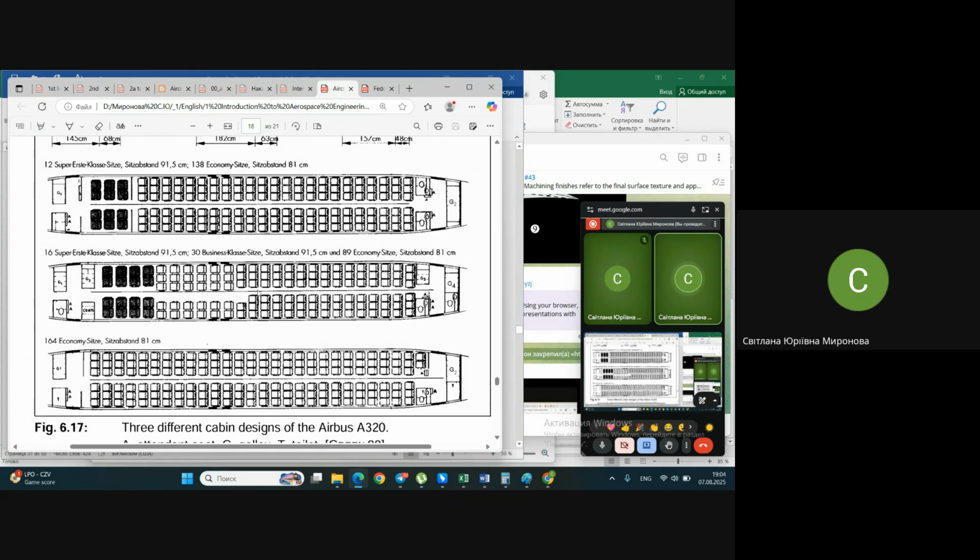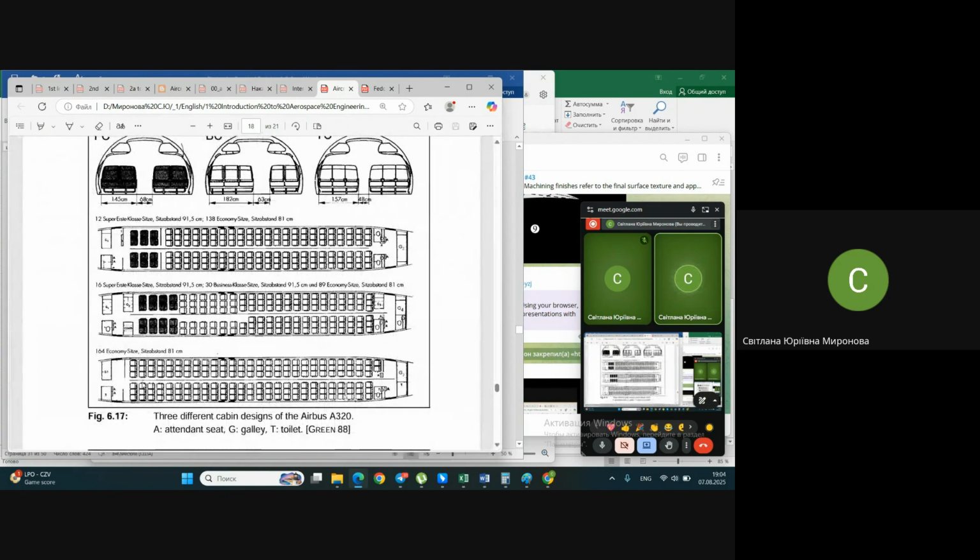Or here economy class or business class is visible, and something quite different. You see, it's first class, and here completely packed with economy class seats. You understand. Depending on how you design the inner layout, it will be different